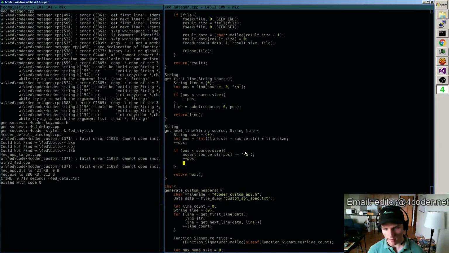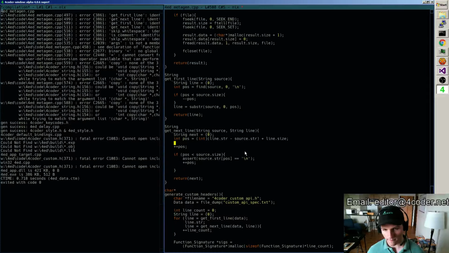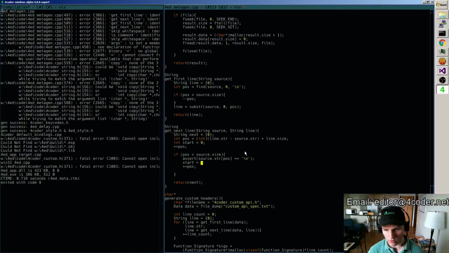and do the start equals 0. We'll do start actually will equal position plus 1, and then position will equal find in the source starting from start a new line character, right? And then same deal as before.